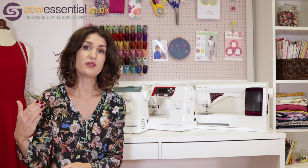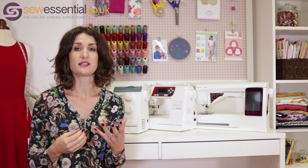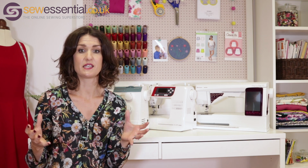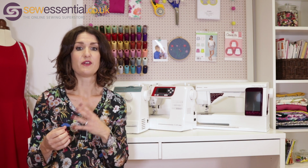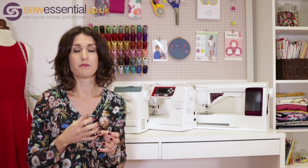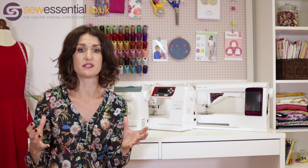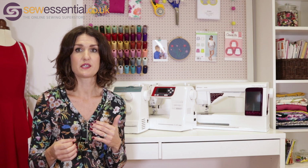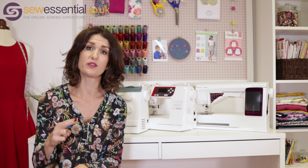Go up another level and you'll be looking at the computerised sewing machines. These sewing machines have the ability to adapt stitch sizes, create stitch sequences, flip stitches, and just generally have a lot more options for stitches and a lot more stitches available. They often also come with other really fancy features, such as built-in scissors, which will cut the thread for you